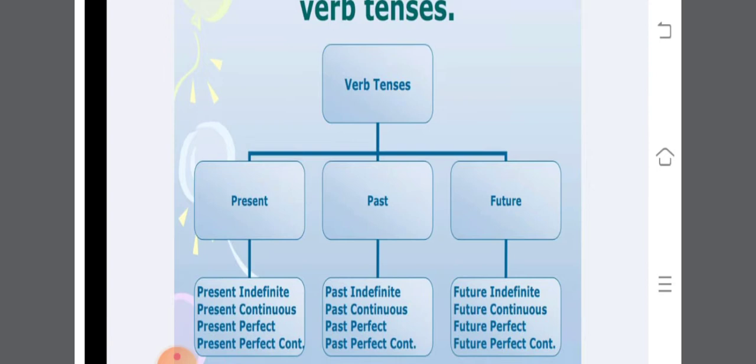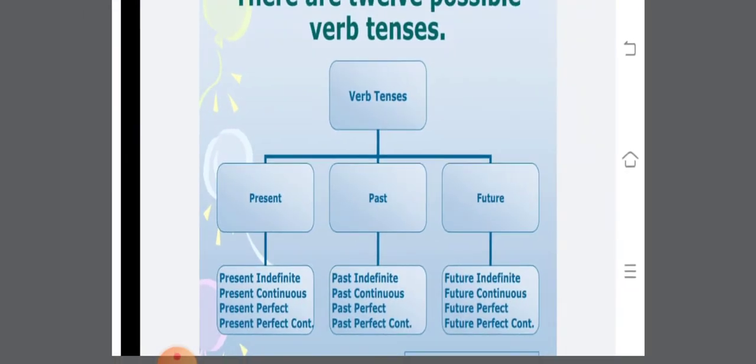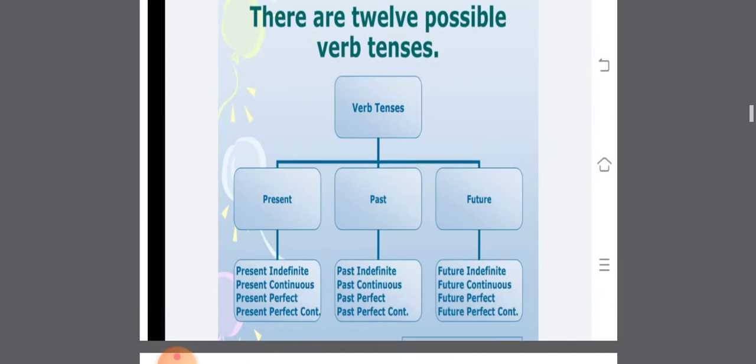Past indefinite, past continuous, past perfect, past perfect continuous, and future also: future indefinite, future continuous, future perfect, and future perfect continuous. These are the 12 possible verb tenses, meaning different forms of verbs that are being used